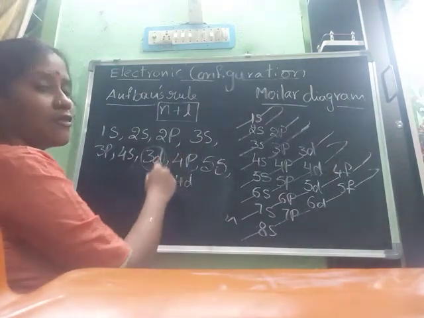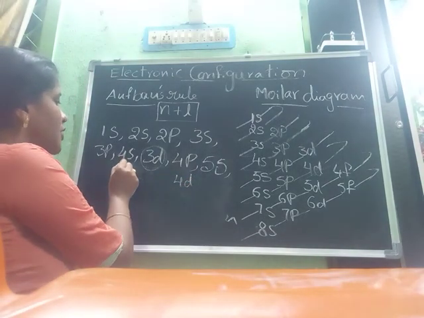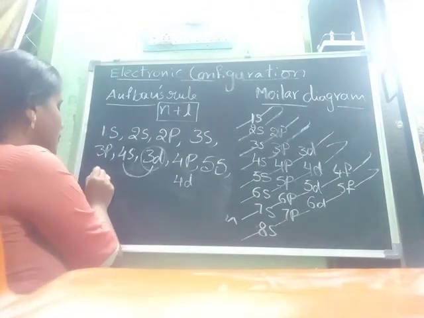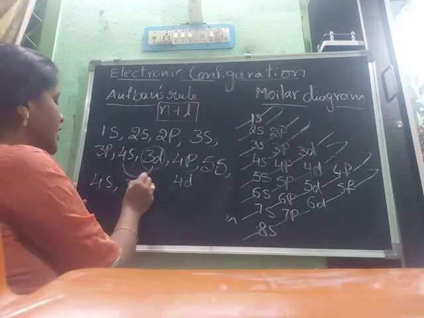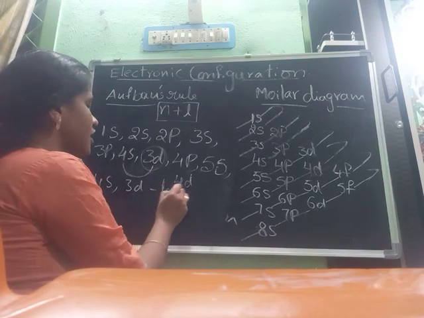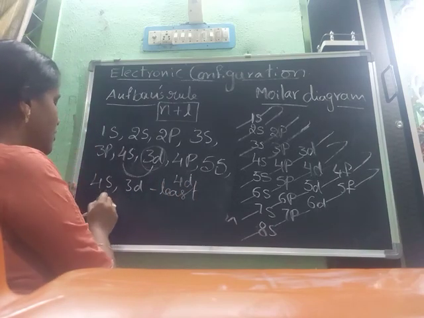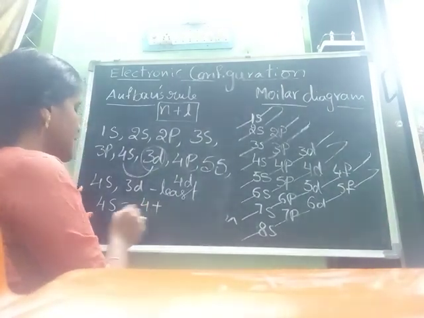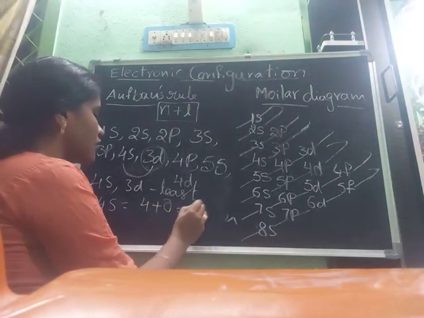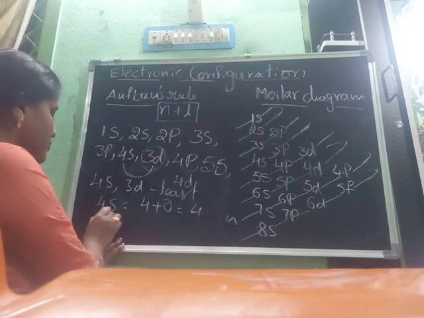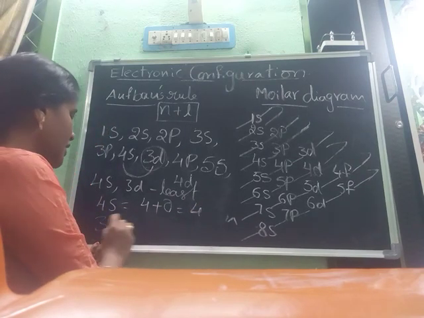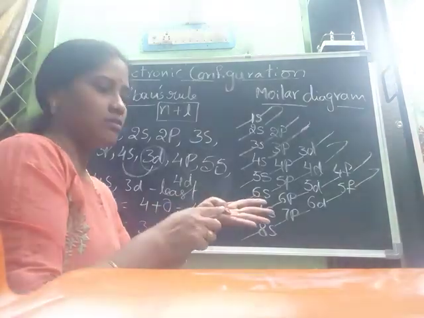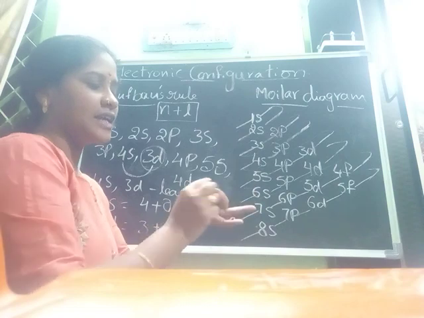What is the reason? These are following the Aufbau principle. You compare these two: which has the least energy, 4s or 3d? You compare it. Which has the least energy? 4s. You see 4s: 4 plus s. s means what I said? 0. That is equal to 4, the value you will get. Next come to 3d. The n value is 3, plus d. What did I say? s is 0, p is 1, d is 2.